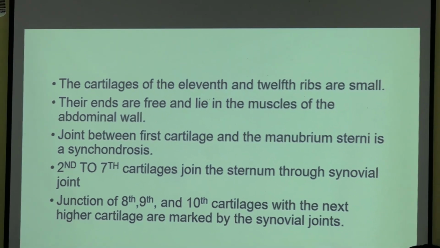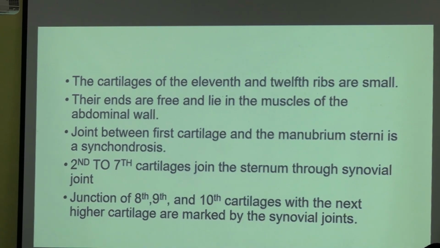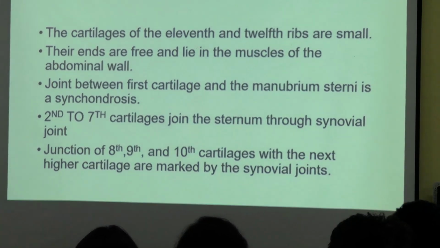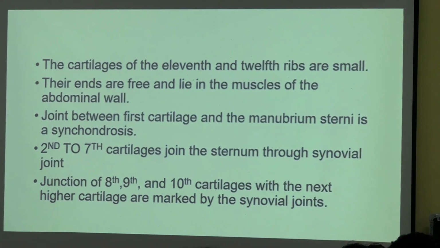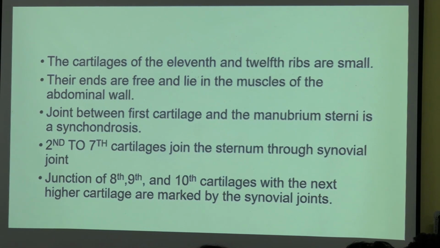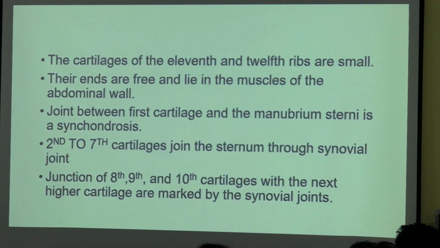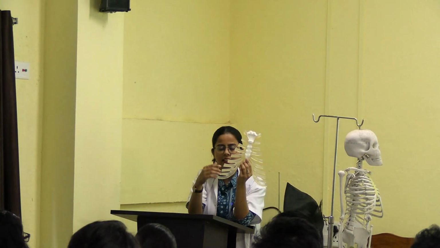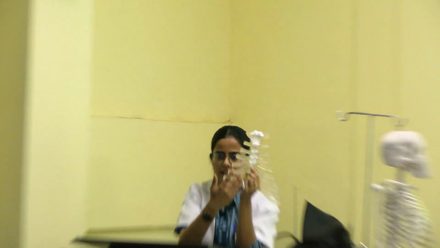So for costal cartilage there is nothing much. These are basically hyaline cartilages, the unossified part of ribs. It has its upper border, lower border, anterior surface, posterior surface, medial end and lateral end. The medial end of all till the 7th costal cartilage is directly attached to the sternum and the lateral end is attached to the anterior end of the ribs. And the 8th, 9th and 10th join with the 7th costal cartilage.